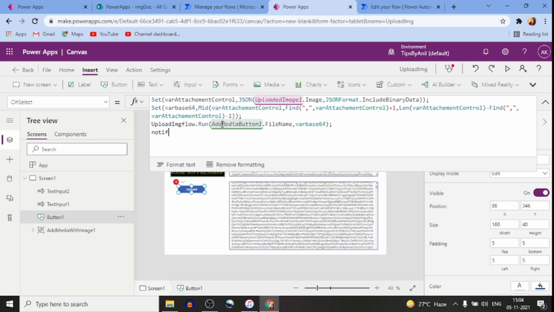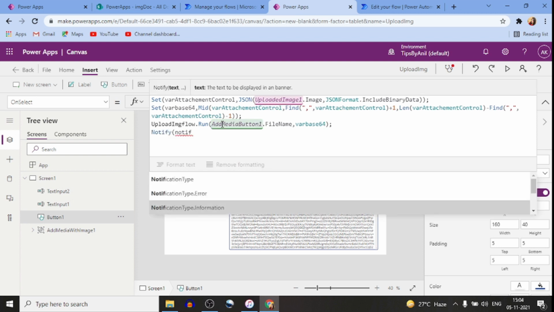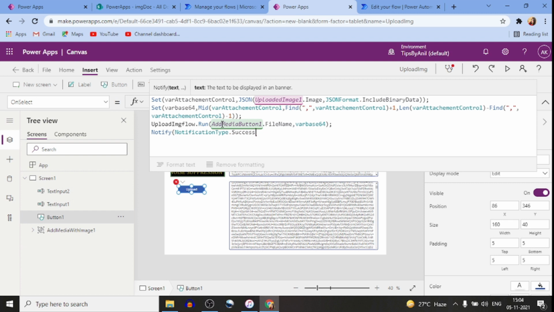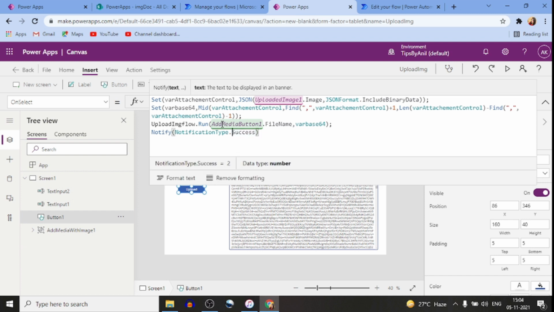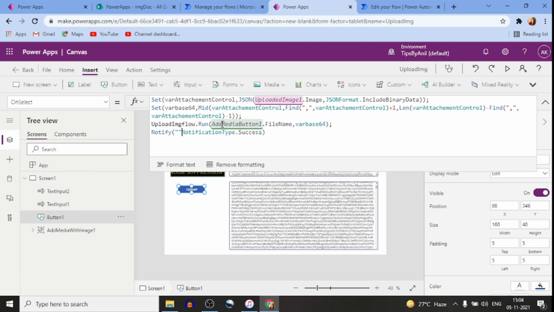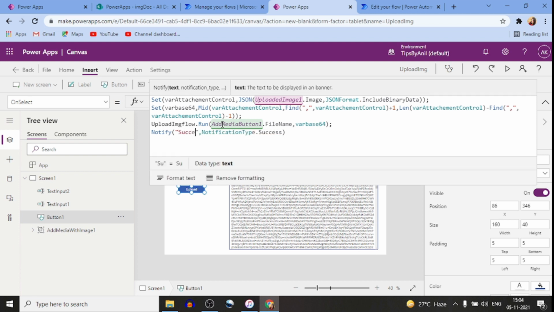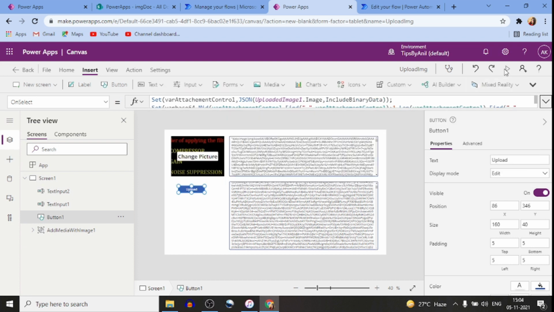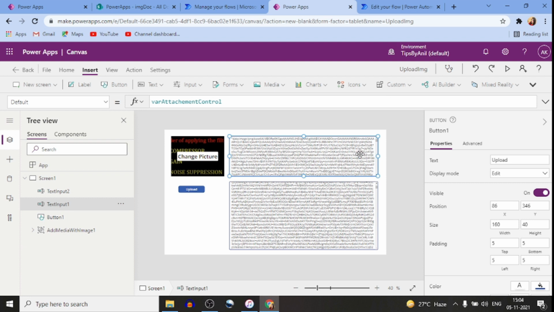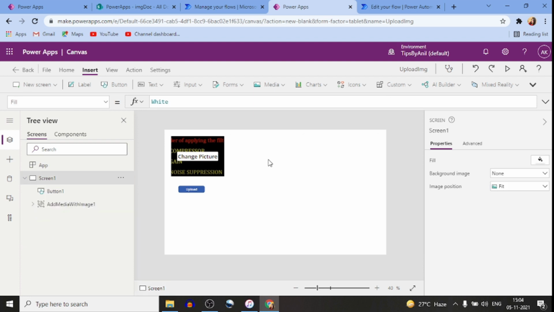Now notify, and notification type dot success. All right, now if I run this application, I will just remove these. So I removed these text boxes.